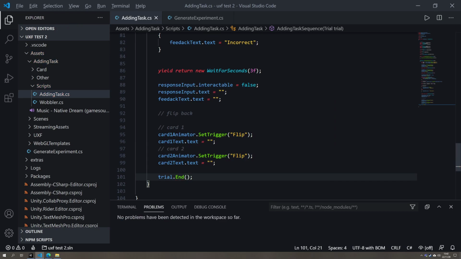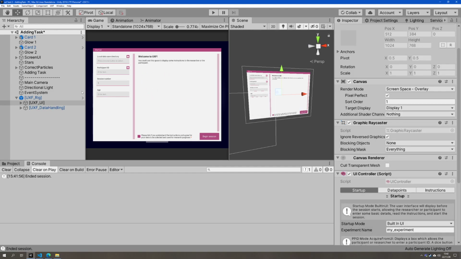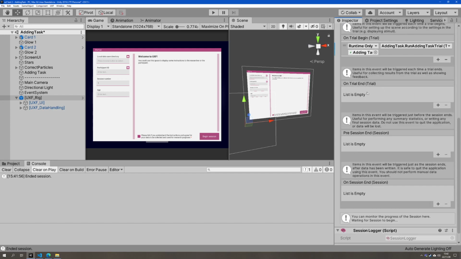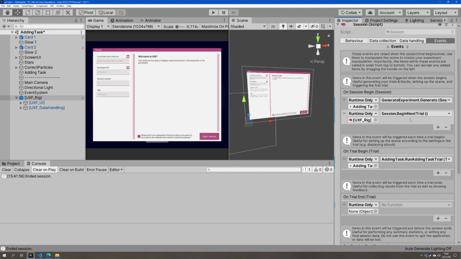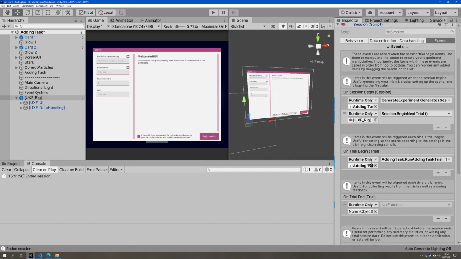Okay. That's not going to do anything of interest right now, but what it does mean is we can add something here that happens on trial end. So what we can do is maybe start the next one. So we pull the session down again. We want to access the